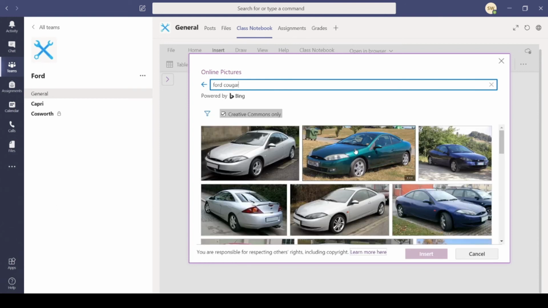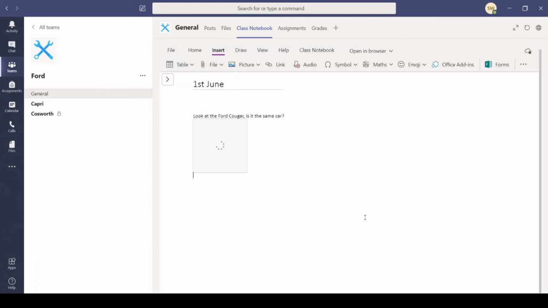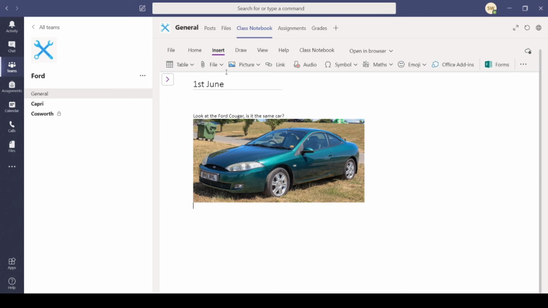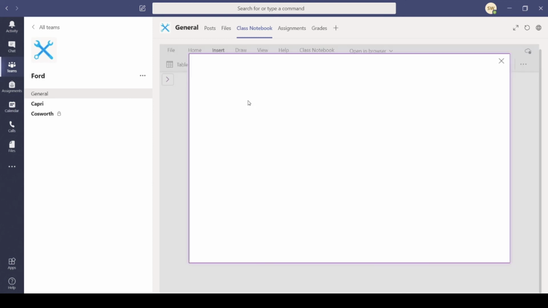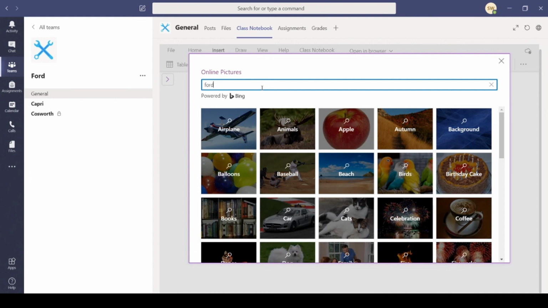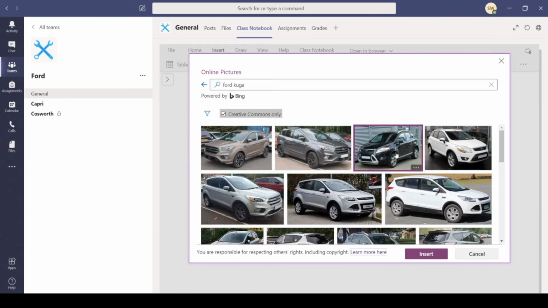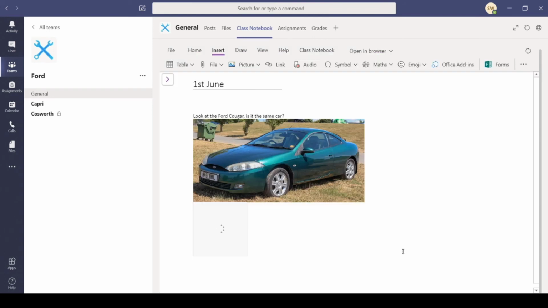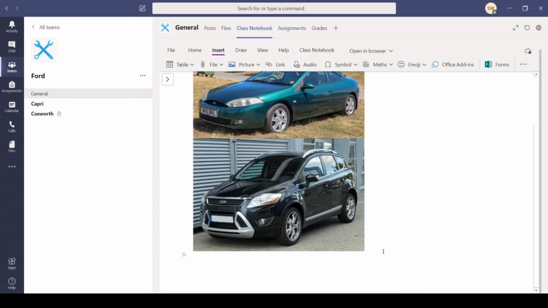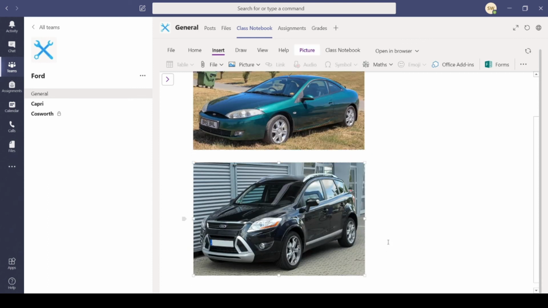And that is a Ford Cougar, back from the 90s. So you can insert that picture, it'll insert that image, and then we can obviously insert from online again. Only this time we're going to do a Ford Cougar. We'll choose that very nice looking black Cougar there. That'll insert that Cougar, and then underneath that she can just type,